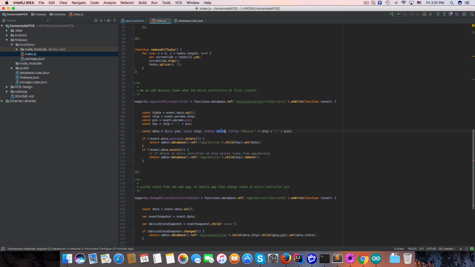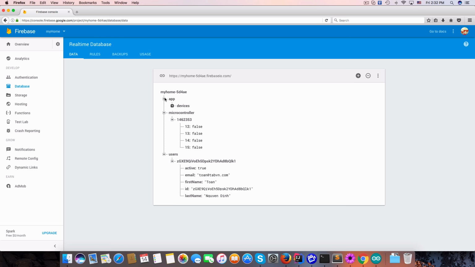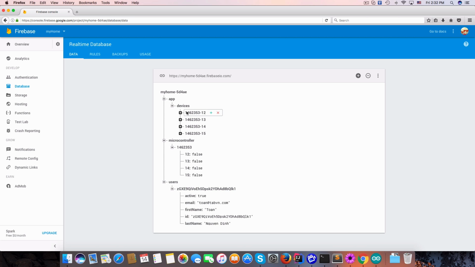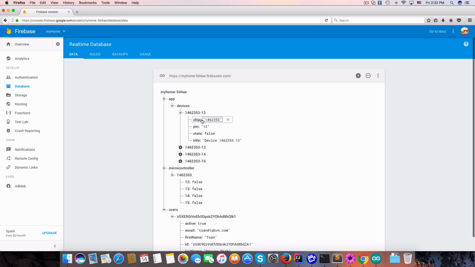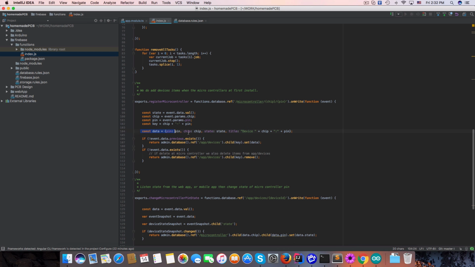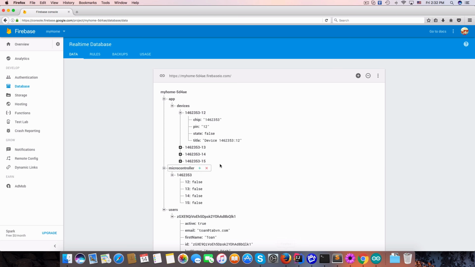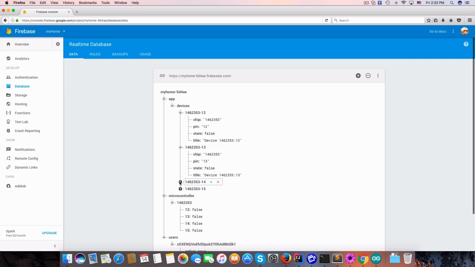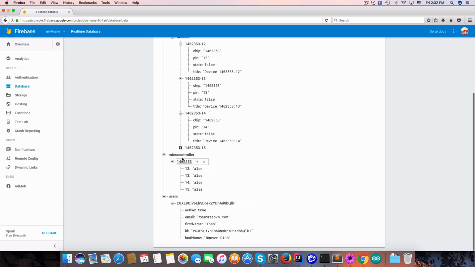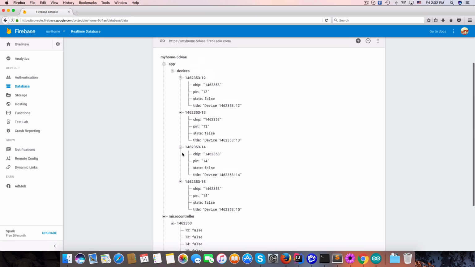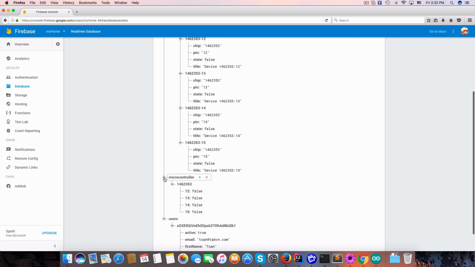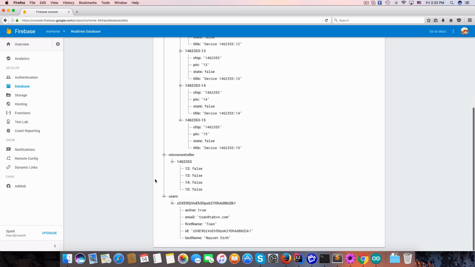By default it's low and 4, and title device with chip ID and pin. You can see that under my app and device, we have a device ID with pin key, and we have a chip, pin, state, and title that we set as data. Okay, it's really cool. It's automatic, and I will show you a really cool thing that is automatically synchronized between